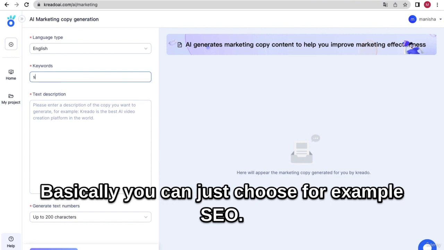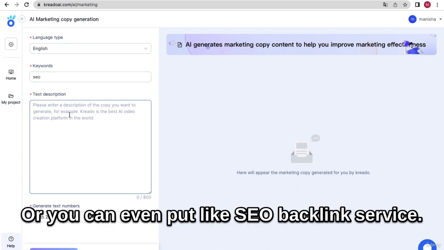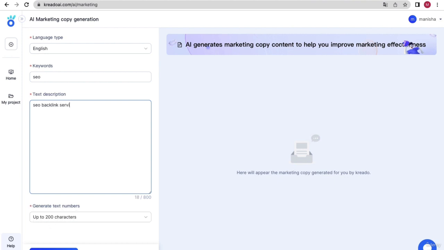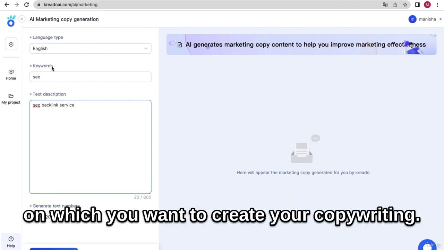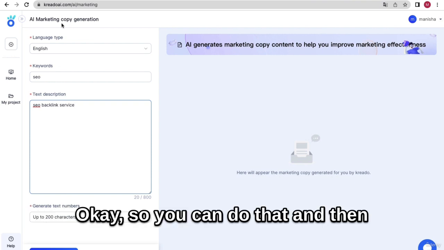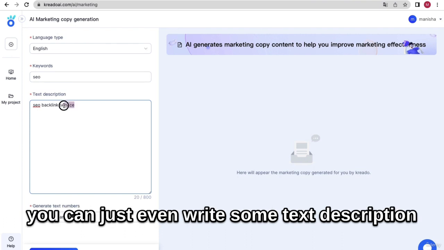Basically you can just choose, for example, SEO. Okay, or you can even put like SEO backlink service. Okay, so you can just choose the language and keyword on which you want to create your copywriting. Okay, so you can do that, and then you can just even write some text description that you want